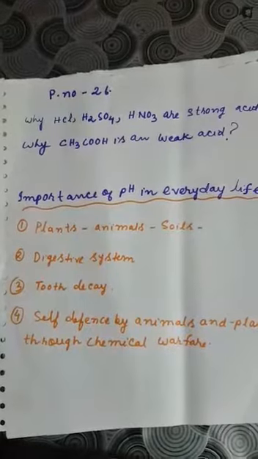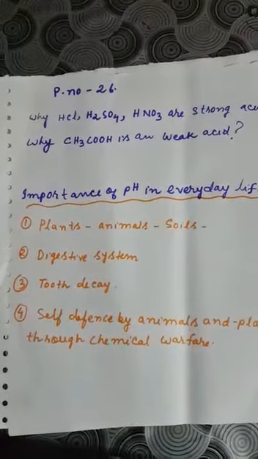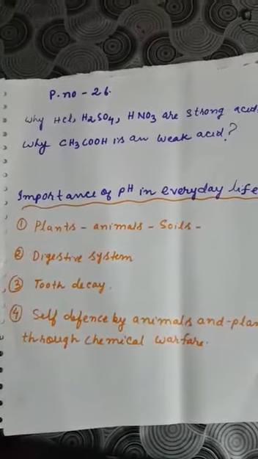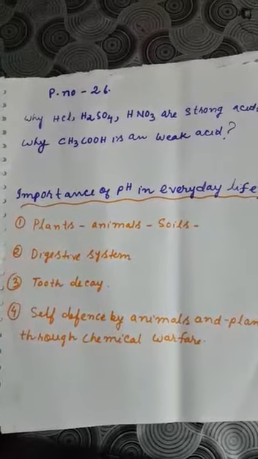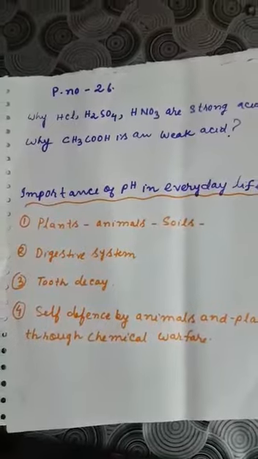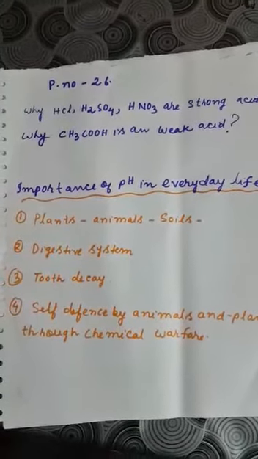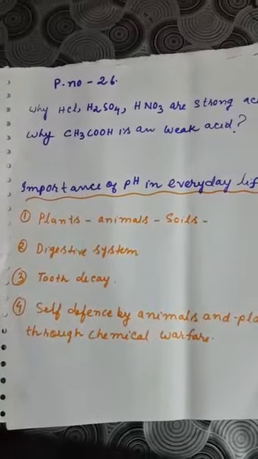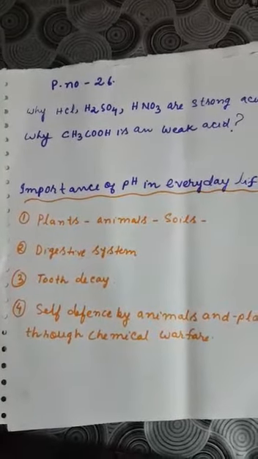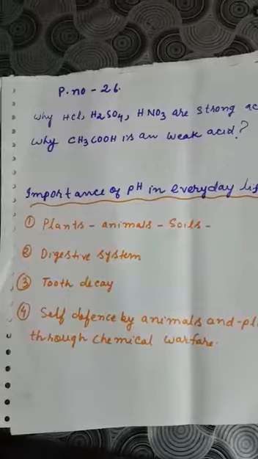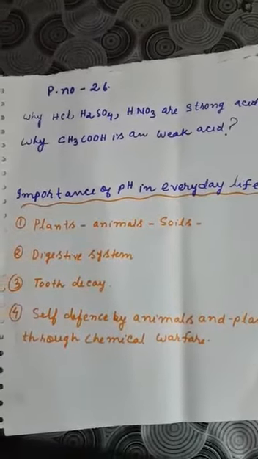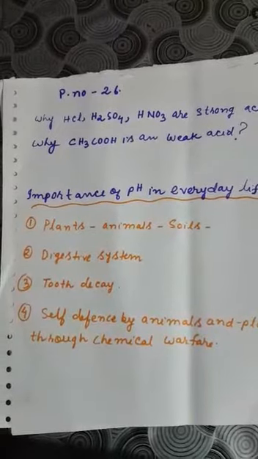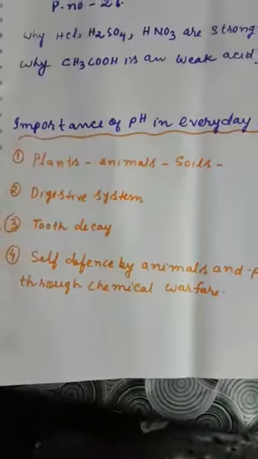Now we know that in our digestive system, hydrochloric acid helps to digest the food that we eat, but if we eat too much food at a time, what happens? It produces a lot of acid and we feel uncomfortable, and we say that we are facing gastric problems. So what we can do is use mild bases, like milk of magnesia, and we can get rid of the acids, because bases will neutralize the acid and our body will become alright.